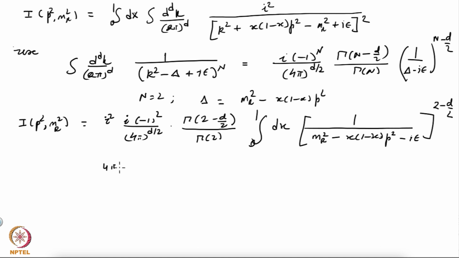So (4 pi) to the (4 minus 2 epsilon) over 2 is 4 pi square times (4 pi) to the power minus epsilon. Okay, and gamma of 2 minus d over 2 is gamma of epsilon, and gamma of 2 is 1. Okay, so with that I get